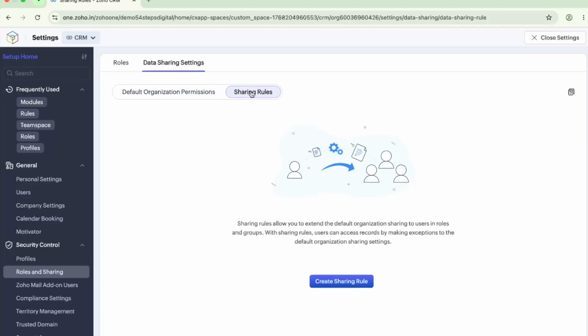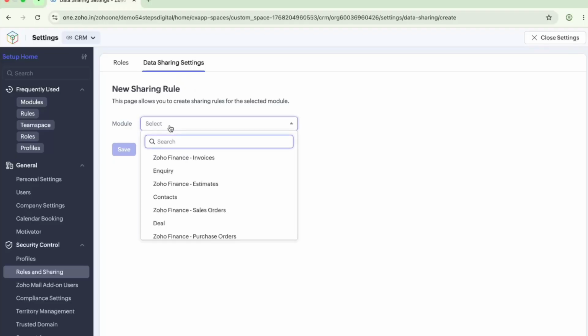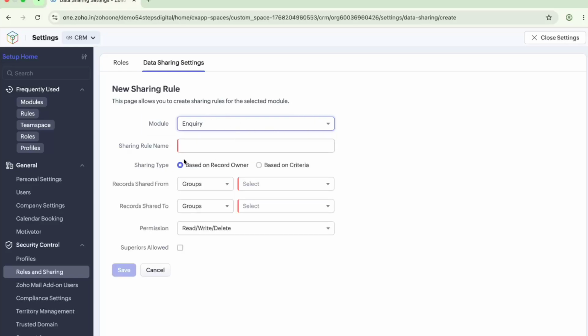Now if you want to create a sharing rule, how can you create it? You can just click the button create sharing rule. Now it will ask for which module you want to create a sharing rule. So you can just select inquiry. Now it will ask for the sharing rule name.